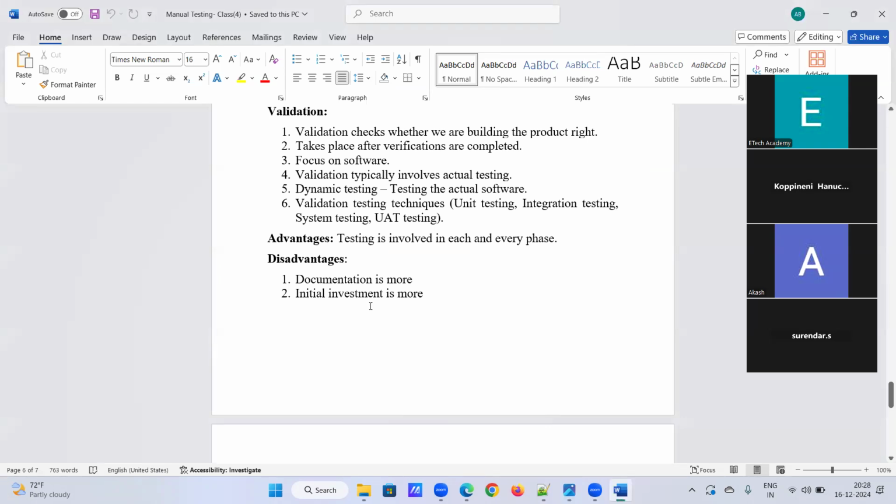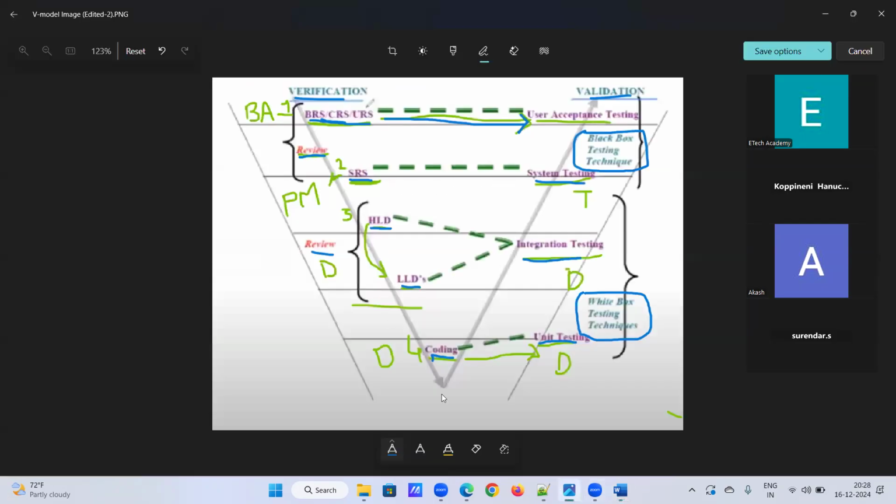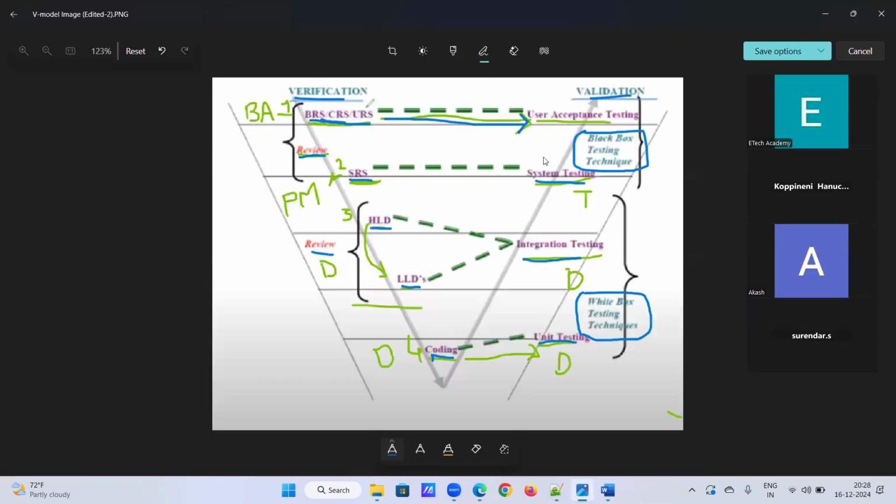Why? Because if you see that picture in the V model, all the people are hired in the beginning itself, along with the developers and testers. Here, the activities go parallelly. Suppose coding is there and unit testing will be conducted, and after that integration testing will be conducted. What is the input of integration testing? These people will refer to the HLD and LLD documents. You can see the green line. These are the inputs for integration testing. Coding is the input for unit testing.